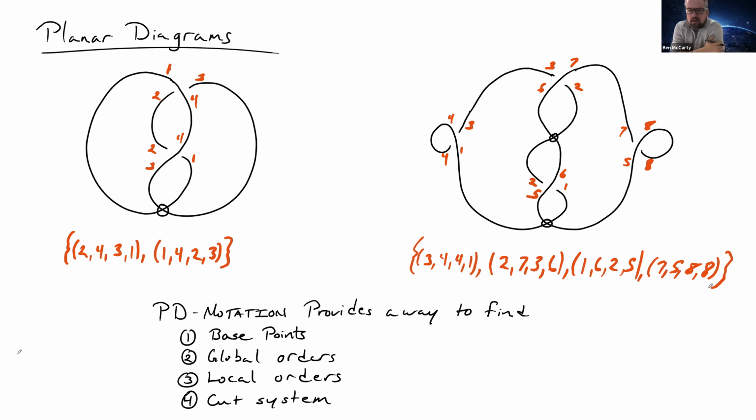So, the claim here is that the PD notation that Bar-Natan was using way back in 2001 already has enough information about the link. If we make this convention that we're going to put in, say, a Reidemeister 1 little stabilization move, so that the PD notation determines an orientation, it contains everything you need in order to get all of the stuff that Manturov and Dye-Kauffman are saying you need in order to define